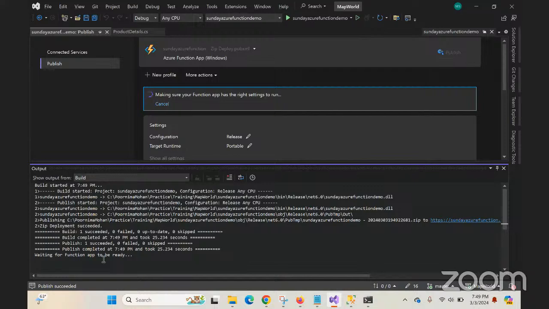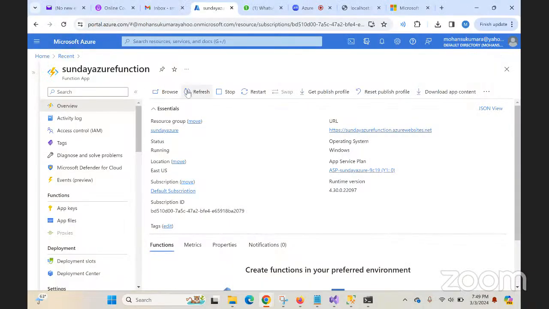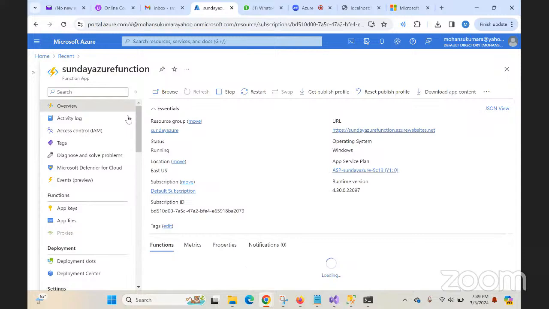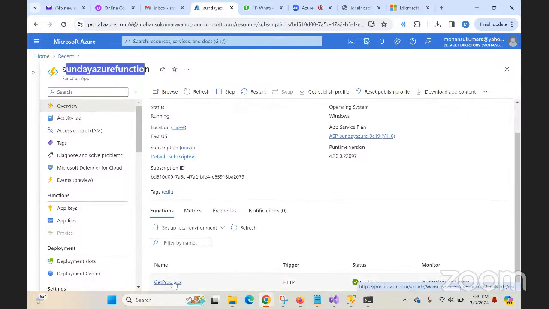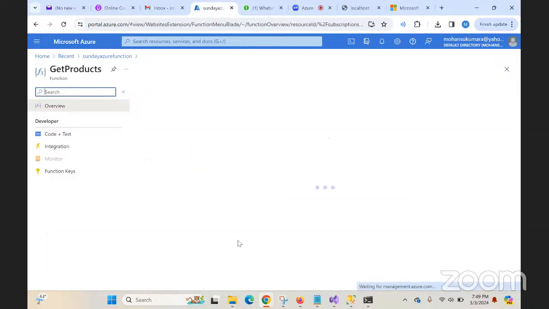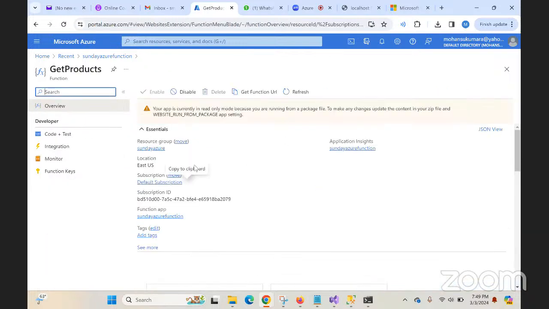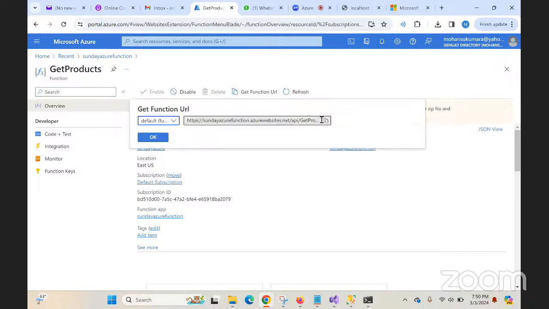Okay, waiting for the function app to be ready. For the last, hopefully it will be completed. Yes, it's completed. Let me refresh here. So the one we created earlier, Sunday Azure function. See, we got the get product. It is deployed successfully. So get the URL. You have to click this get URL. This is the URL for it. When you are getting the action successfully, so now we deployed our base version of the